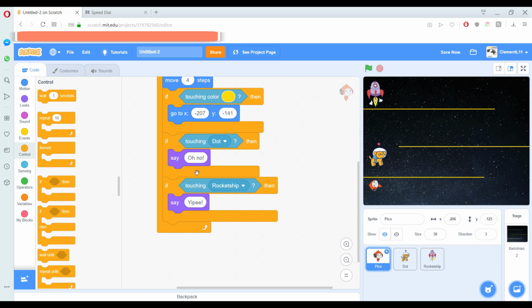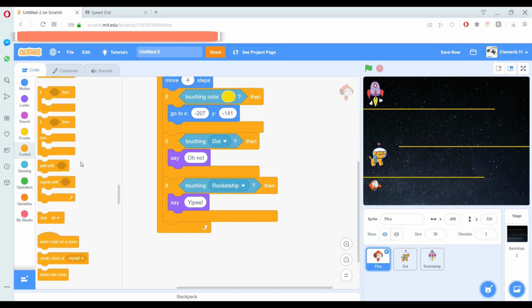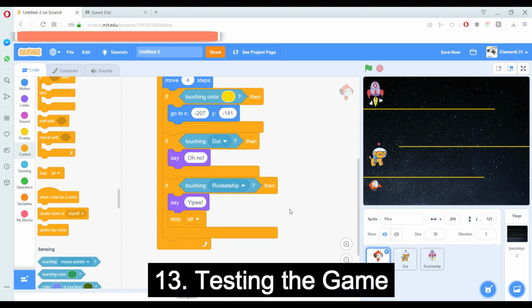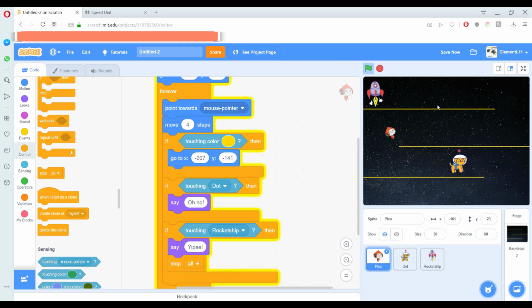So now we've done that, the last thing we'll do, if we touch the rocket, we want the game to stop. And there's a simple way to do that, you just find in control the stop all block. So if it touches the rocket ship, then say yippee and stop all. And now, an important stage is to test the game. So if I... Oh, oof, that was close. If I actually get through the maze, when I touch the rocket ship,